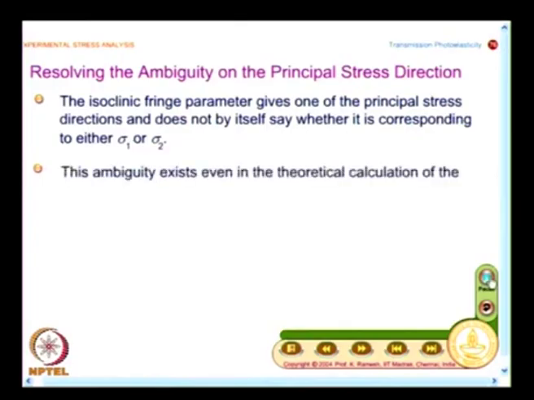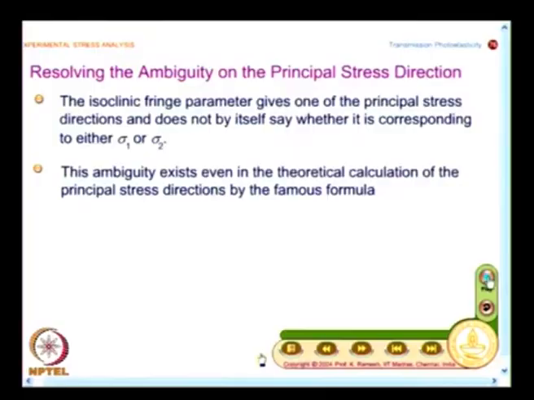We are going to take up a very important topic, which I had said earlier also: when you are finding out the principal stress direction, photoelasticity gives you sigma 1 minus sigma 2 as well as the principal stress direction at the point of interest. For many failure theories, you do not need to know whether the orientation corresponds to the sigma 1 direction or the sigma 2 direction. I said even in conventional photoelasticity such a distinction is not generally required, but